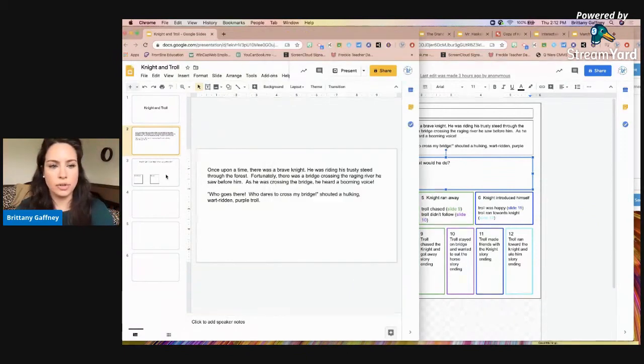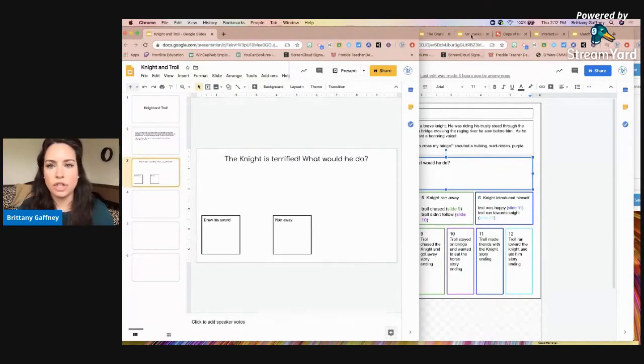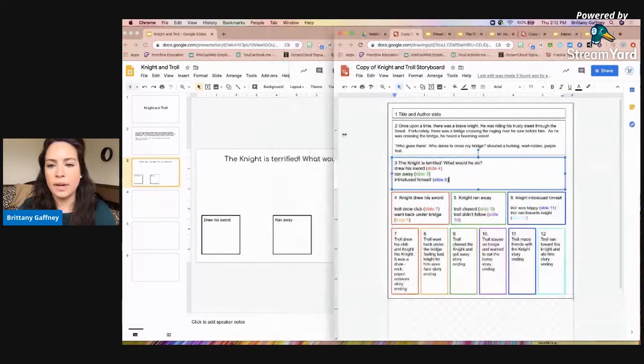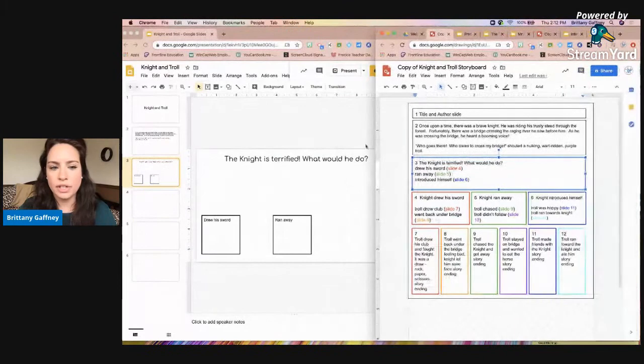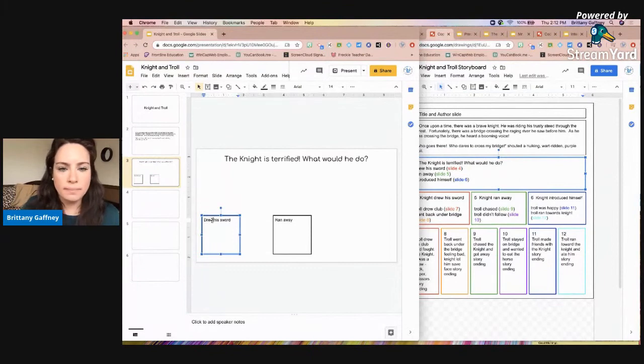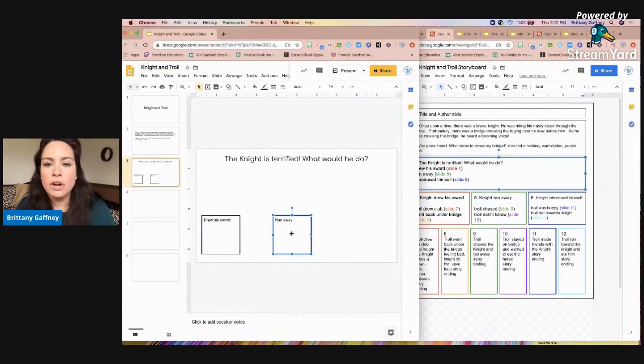So let's go to slide 3, since that's my first question. So it says, the knight is terrified, what would he do? So I started making text boxes here. He would draw his sword. I'm going to change that to draw. Draw his sword, run away,